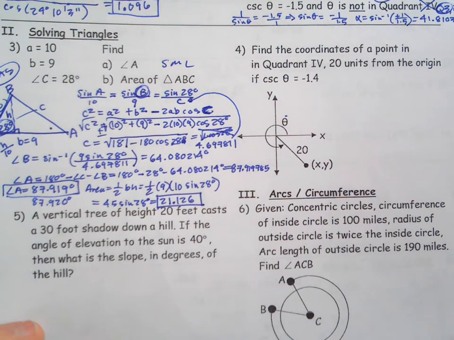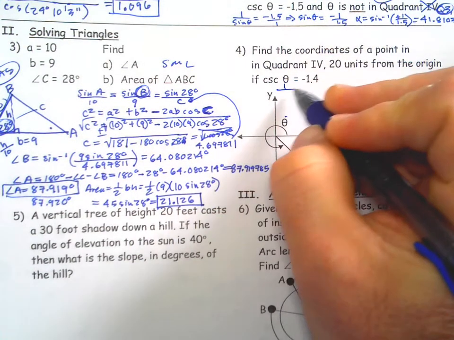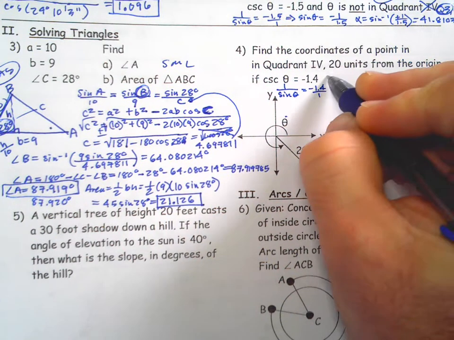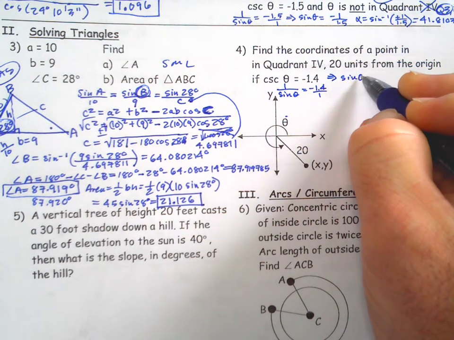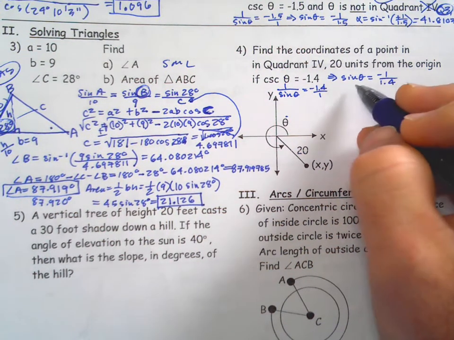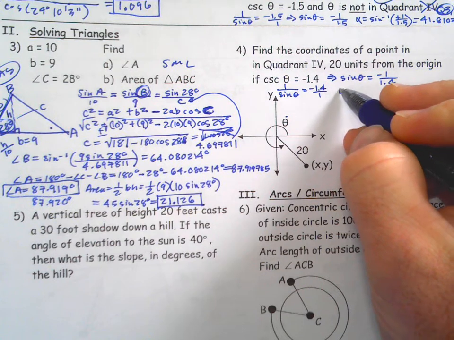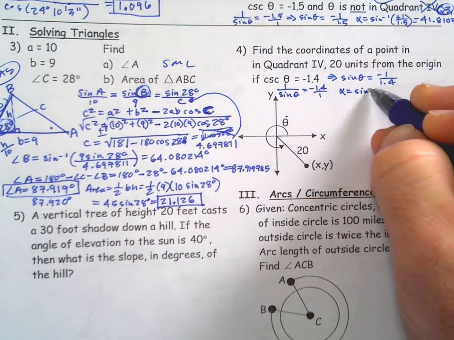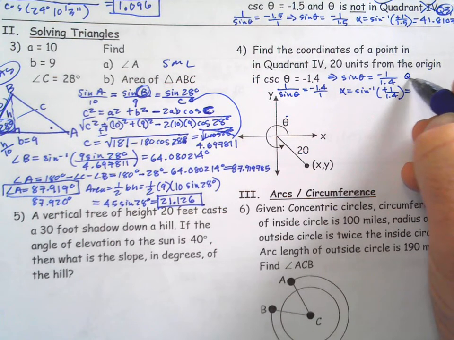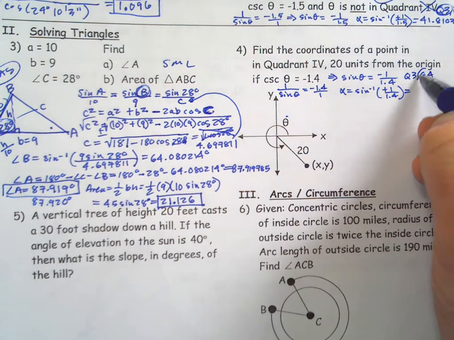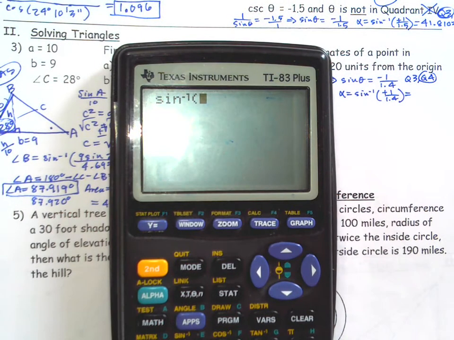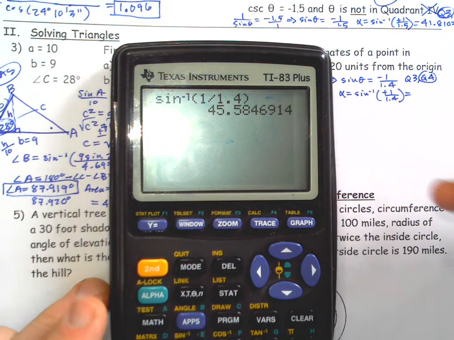So cosecant is 1 over sine, co with a non-co. It's my trick for remembering it. So that means that sine theta equals negative 1 over 1.4. So what I would do if I were solving this, I'd say, okay, well, alpha equals inverse sine of positive 1 over 1.4. And we're in quadrants 3 or 4, but obviously we're going to be working with the quadrant 4 one. So inverse sine of 1 over 1.4 is